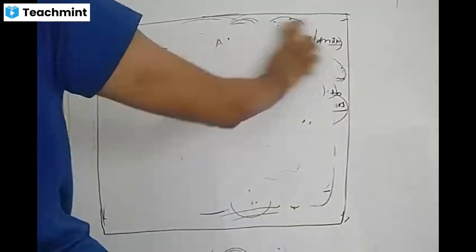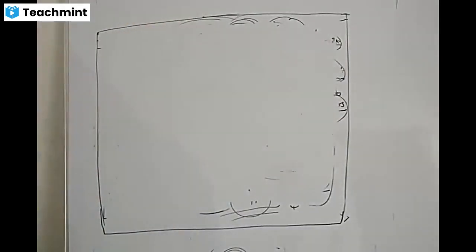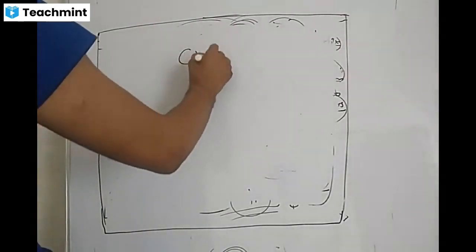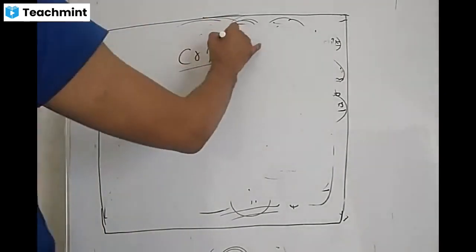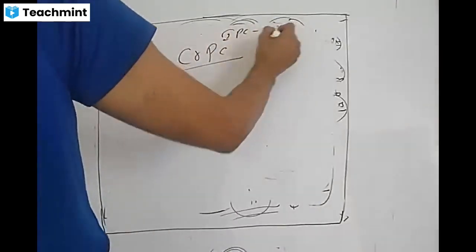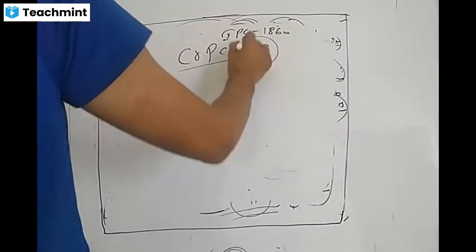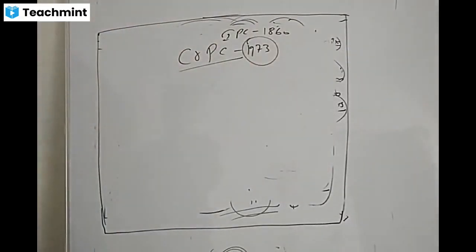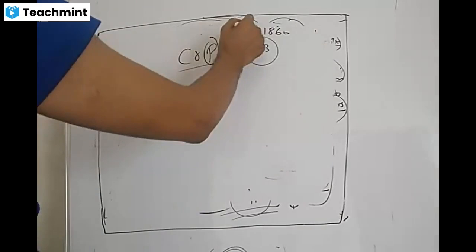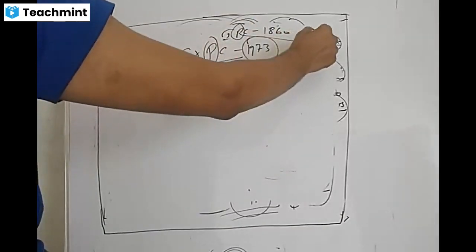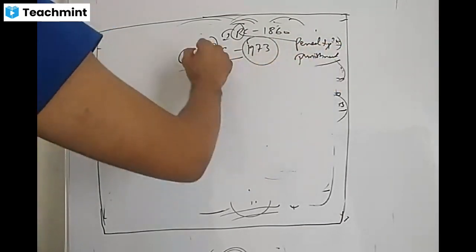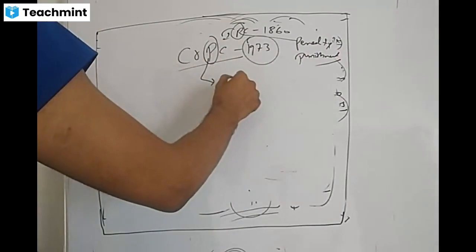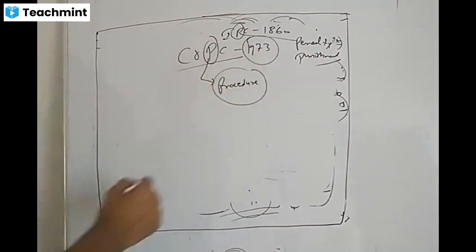So these are the examples of sections. In total there are 511 sections. So we start our next, that is CRPC. This CRPC, your IPC was 1860 and this CRPC is 1973. In that IPC, that P was penalty or punishment. But here the P means procedure.